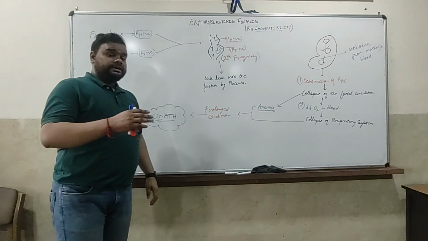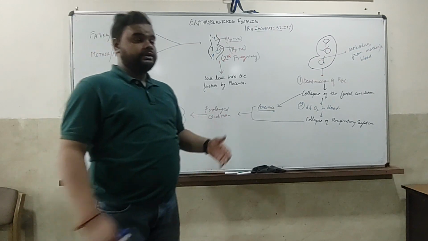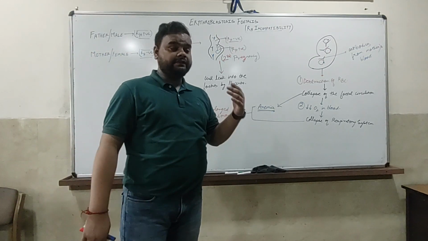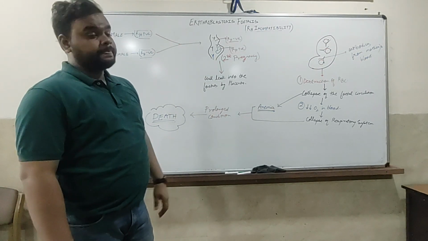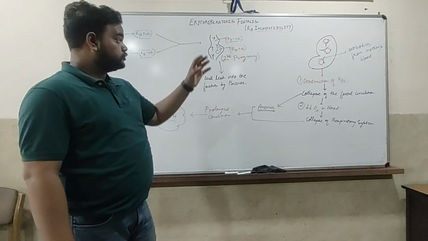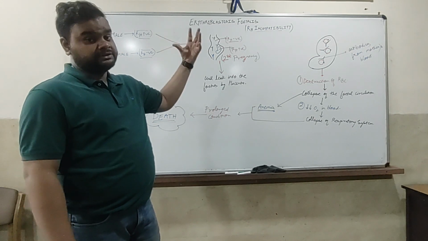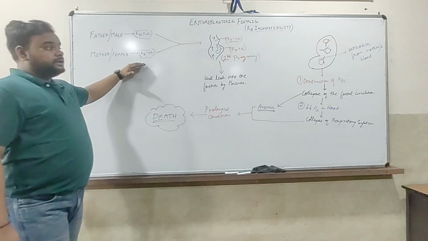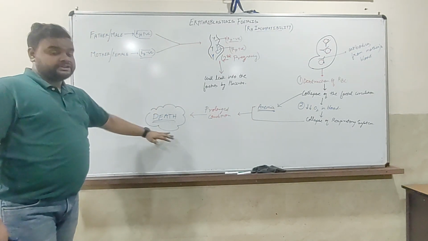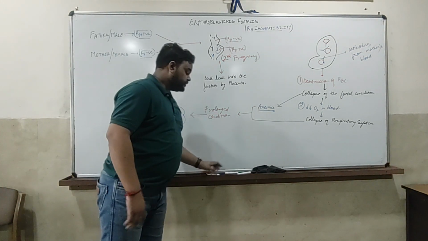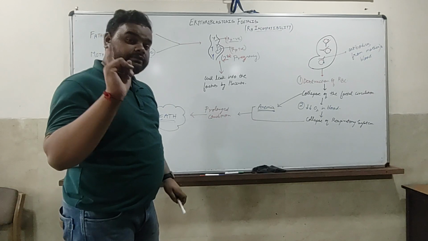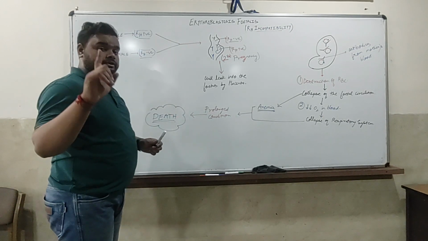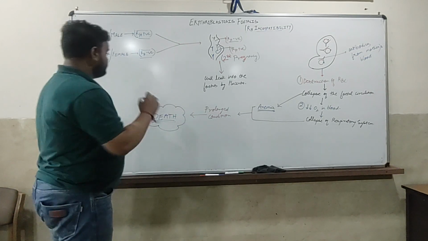Now, with time, with evolution, with technology, and with the evolution of science, we can deal with this condition as well. How can we deal with this condition so that erythroblastosis fetalis doesn't happen and the couple doesn't need to lose their second child? What is the innovation that happens? During the parturition of the first baby, or during the delivery of the first baby,